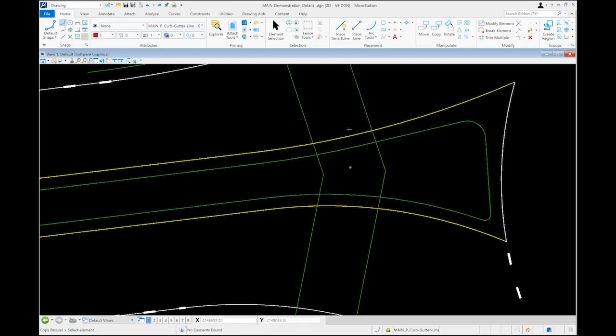Often having a little bit more room within the refuge is desirable, but at least you want to get that minimum 6 feet. The other reason for the 6-foot dimension is from an ADA perspective, you have a 2-foot wide truncated dome detectable warning surface along each edge of the refuge. And then you need at least 2 feet of width between those truncated domes to detect the gap, detect the area where pedestrian space begins and where the roadway space ends. And so that 6-foot dimension makes sure that we're meeting at least that 2-foot minimum gap between those truncated